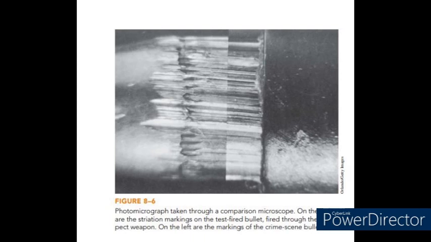Comparison microscopes designed to compare bullets, cartridges and other opaque objects are equipped with vertical or reflected illumination. Comparison microscopes used to compare hairs or fibers use transmitted illumination. Figure 8.6 shows striation markings on two bullets that have been placed under the objective lenses of a comparison microscope. Modern firearm examination began